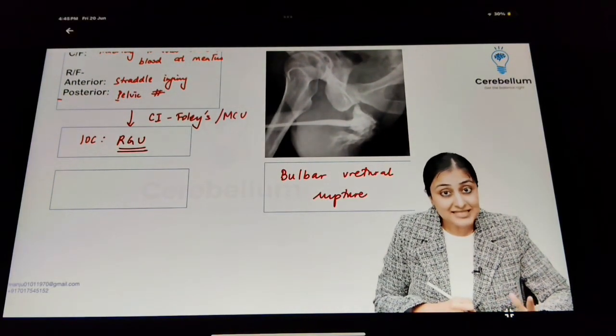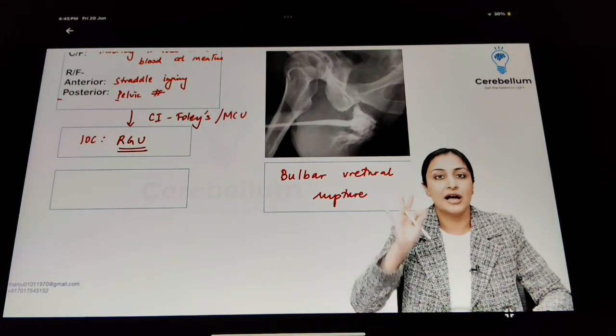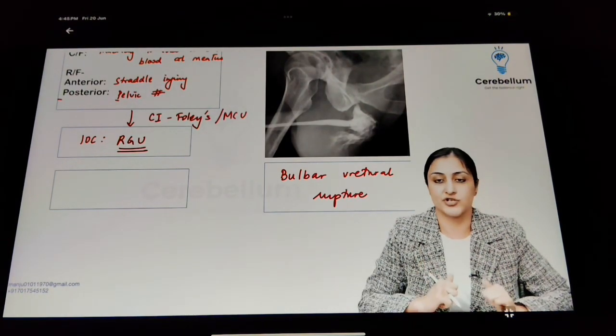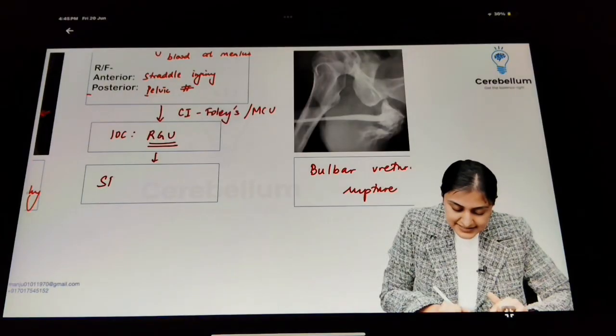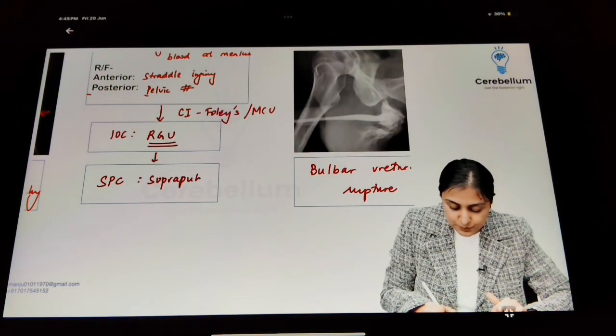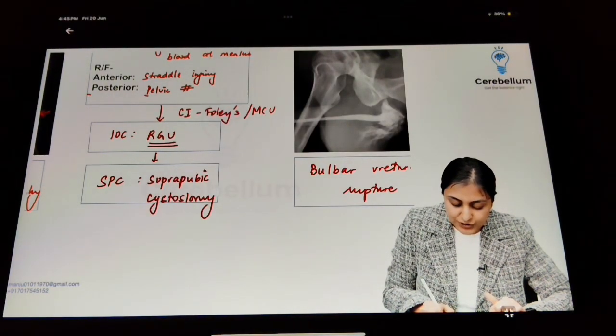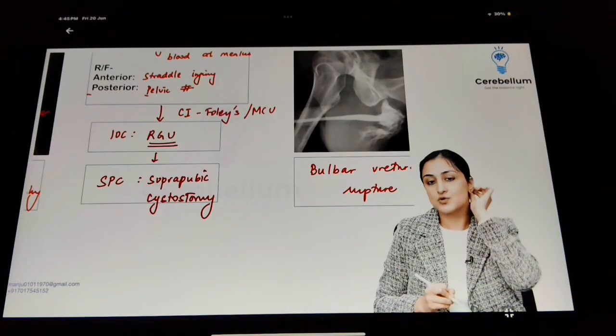Yeah. So now what next? This patient is saying, doctor, I have one problem in life. I want to pass urine. You please find some alternate route for it. So what is the alternate route we put? We put a SPC. What is SPC? SPC is a suprapubic cystostomy, meaning you directly puncture the bladder above the pubic symphysis, and